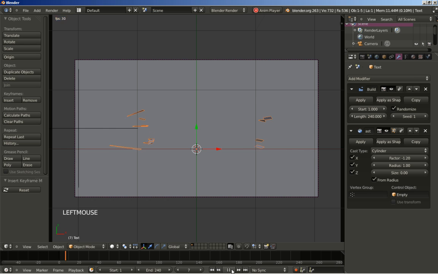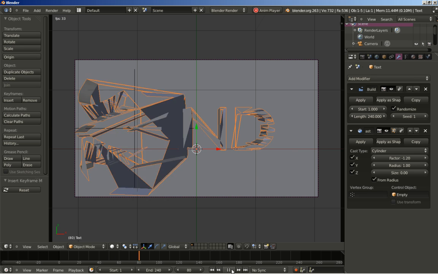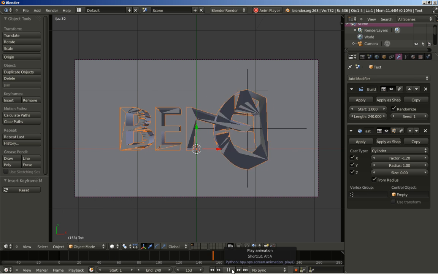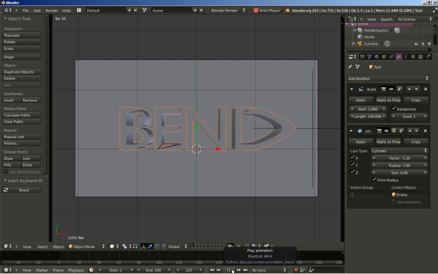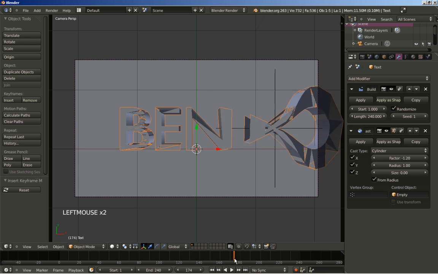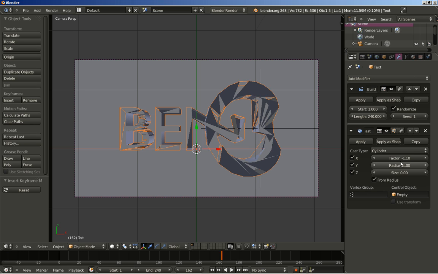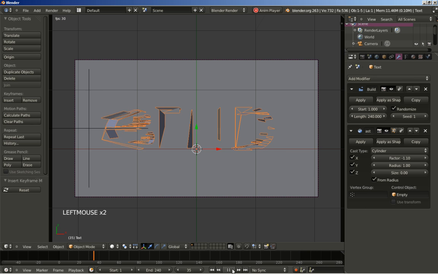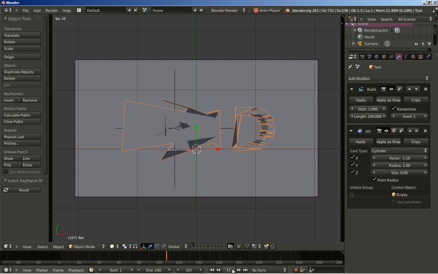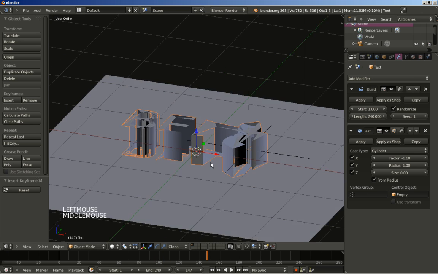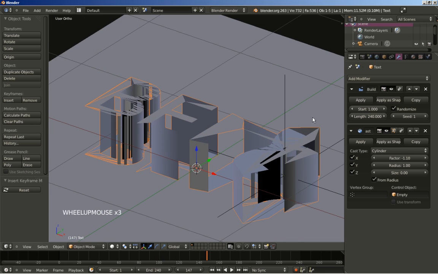and I'm also going to go back to frame 1 and let's see how it looks. And I think it looks nice. Now perhaps I should bring the factor down, okay, to -1.1. So let's take a look at the animation again. I think it looks pretty nice, and it's time for us to add 2 final modifiers for our text object here,